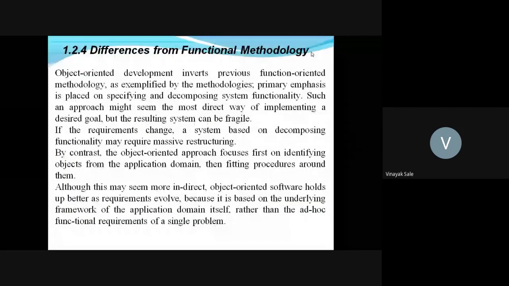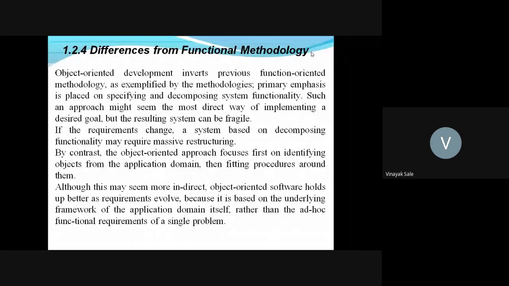Differences from functional methodology. Object-oriented development inverts the previous function-oriented methodology. Primary emphasis is placed on specifying and decomposing system functionality.